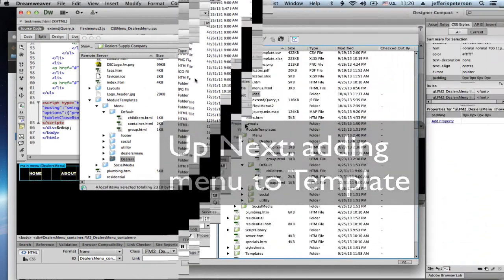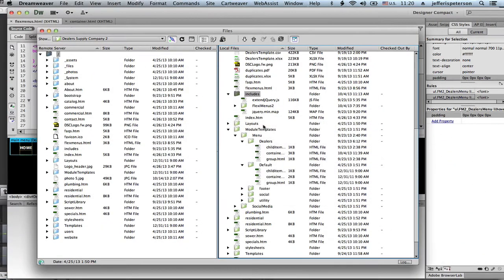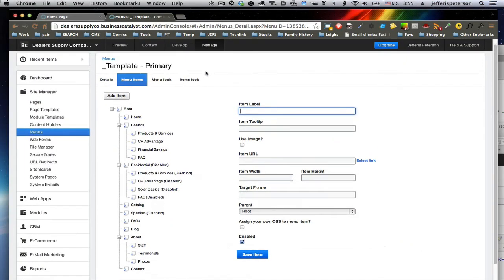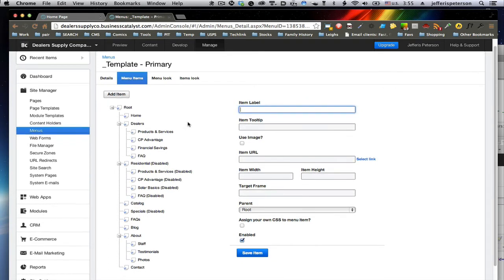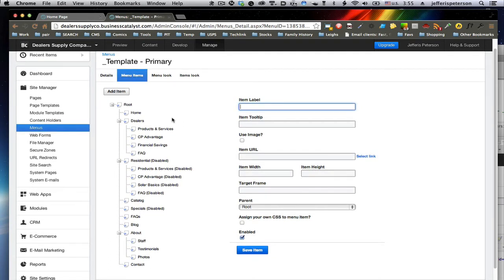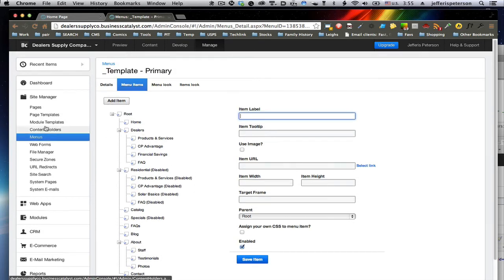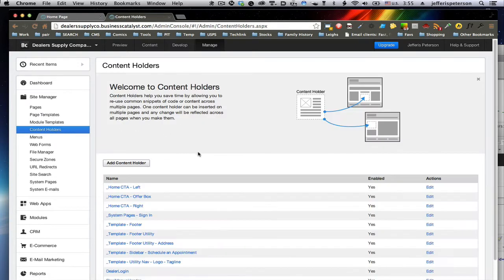And so now we're going to add the menu system to the templates on the site. This is the sample of the primary menu in Dealers. And this is what we're going to be using for our menu system. And you can see here there's Dealers, etc. So we're going to create a content holder, and we're going to create